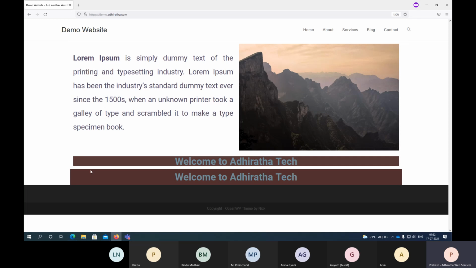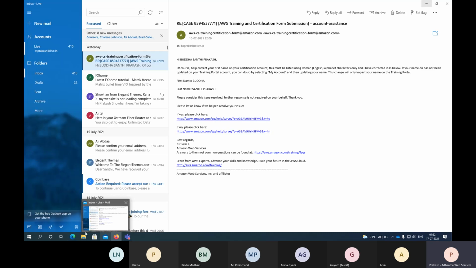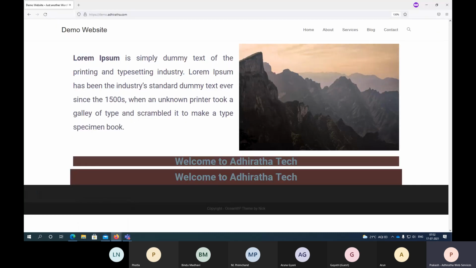One is for the section. That means we added first one, we added one row. In that row, we added title, right? So here I have given the background for the title, not for the section, right? Whereas for the second place, I have not given it only for the text part. I gave it for the entire section. I gave a background. That's why, if you see here, it looks good.